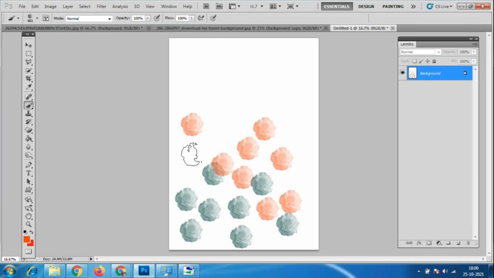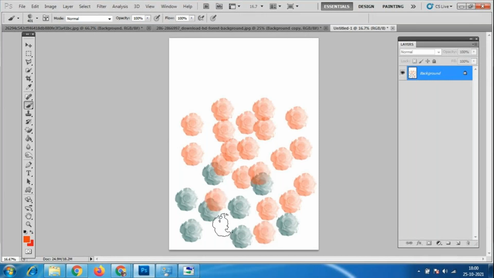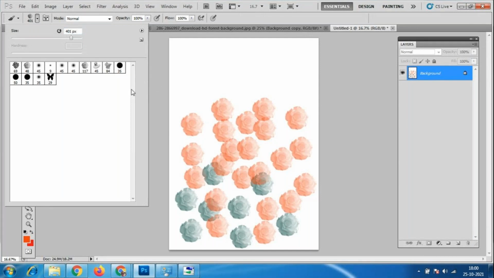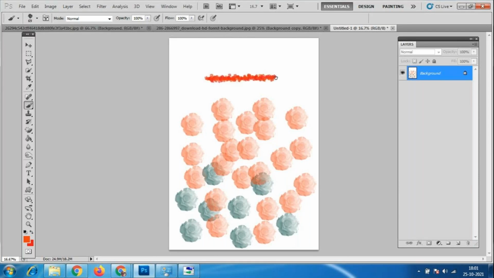These are the default brushes, which are already there in the system itself. Like that, you can also download brushes online. You can download Photoshop brushes online itself. That time you will get fog brushes, or sparkle kinds of brushes. These are the default brushes which are already there in Photoshop.